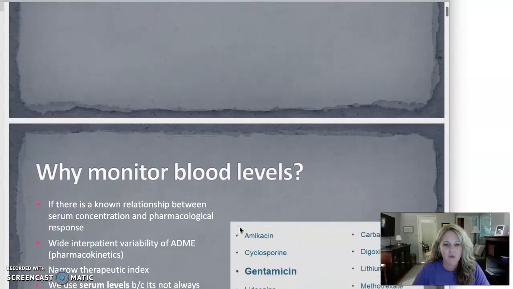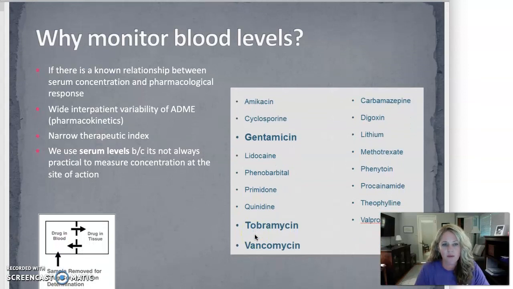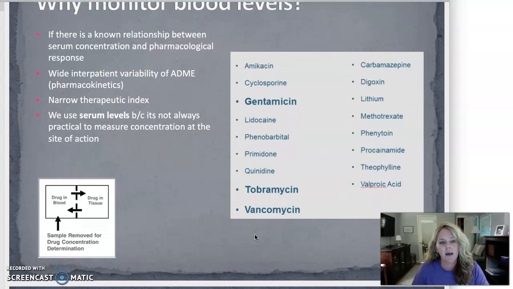Okay, so why do we monitor blood levels? When we know that there's a relationship between serum concentration and a pharmacological response, and when the drugs are dangerous. So we've got drugs like gentamicin, tobramycin, vancomycin. Those are the ones we're going to focus on today. But there is a whole list of others. This is not an all-inclusive list that you have on your slides here. But we use them to help us predict toxicity as well as efficacy, especially with drugs with a